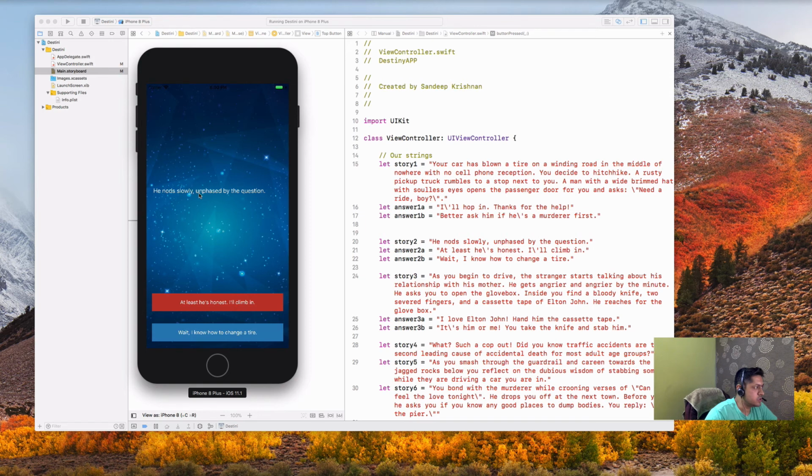He nods slowly, unfazed by the question. So you got two choices where you can say that I don't need to go with him. So I'll say, wait, I know how to change a tire. And say, what? Such a cop out? Did you know traffic accidents are the second leading cause of accidental deaths for most adult age groups? So that was one option. Now if you say, you better ask him if he's a murderer, if he nods his head, and if you say yes, then it goes back to the loop again, and it says, as you begin to drive,